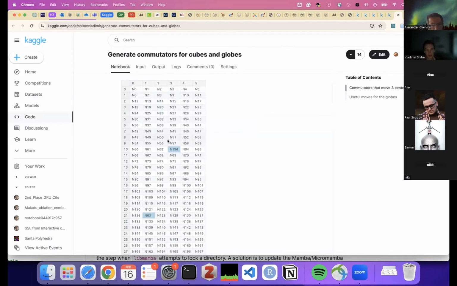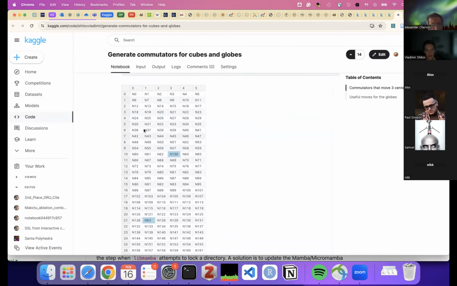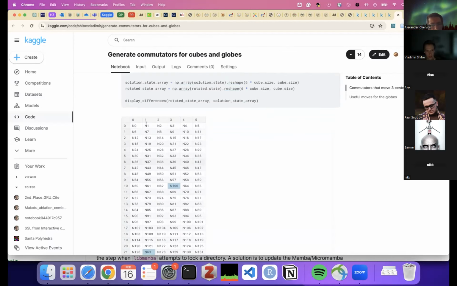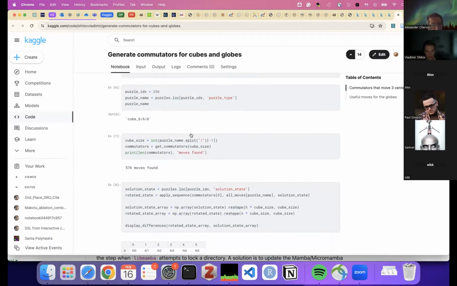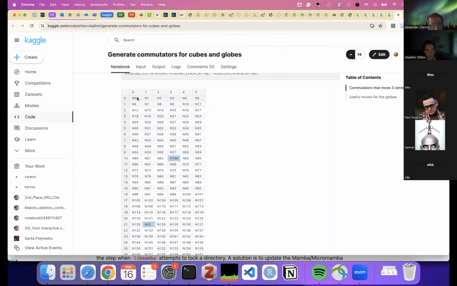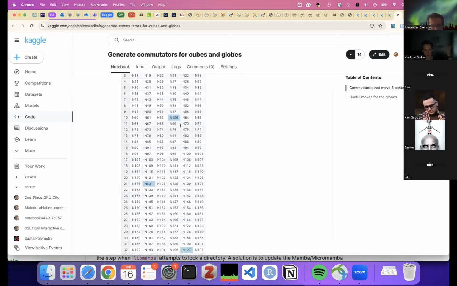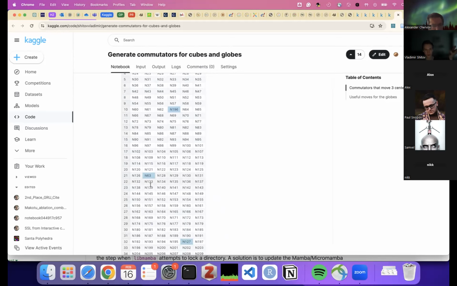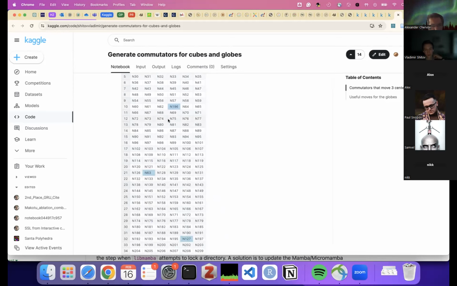So here it's visualized with highlighting moves. For example, one particular move. I'm not sure if it's written here. No, it's not. But anyway, you start with state N0, N1, and 2, and so on, all sorted. Then you apply some move, and only these three pieces move. Everything else stays the same.